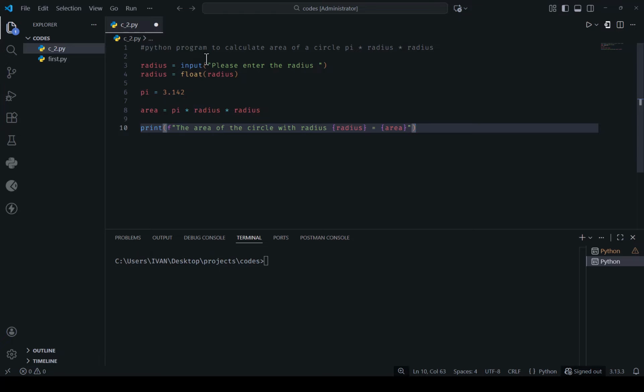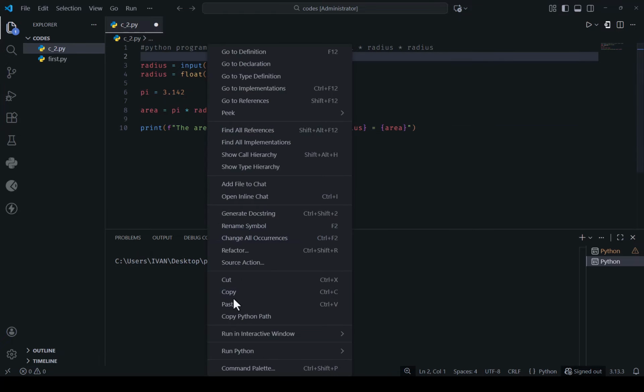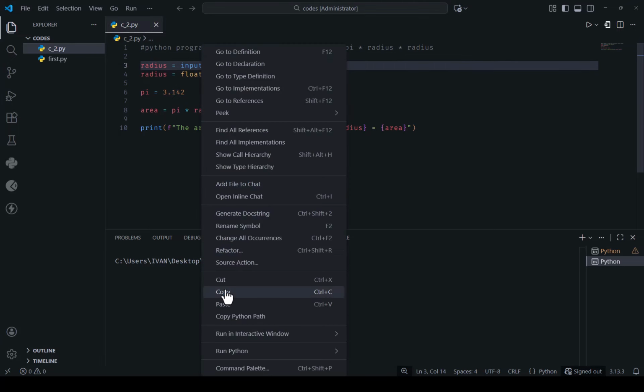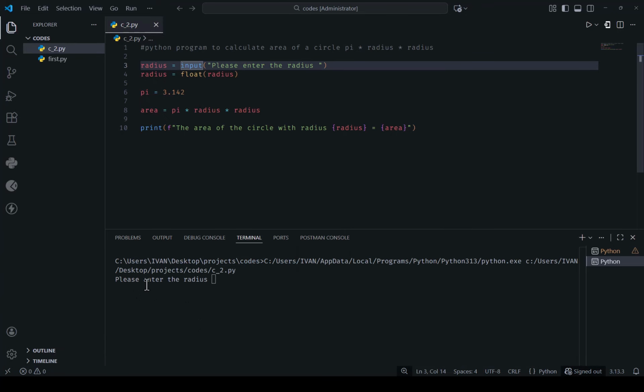So let me right click and run Python file in terminal. So you can see, please enter the radius. It's asking me to enter the radius. I can now enter any value. I will say 30. I'll press enter. So you can see our result here. The area of the circle with radius 30.0 is equals to